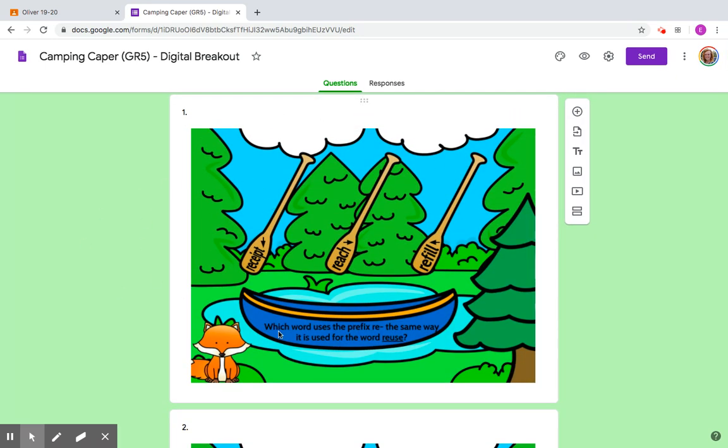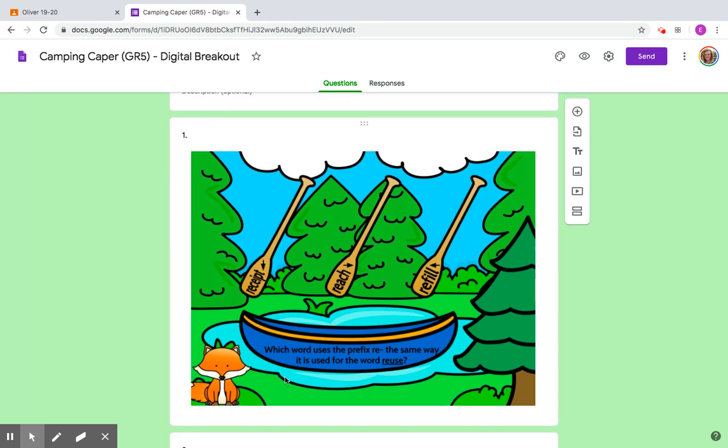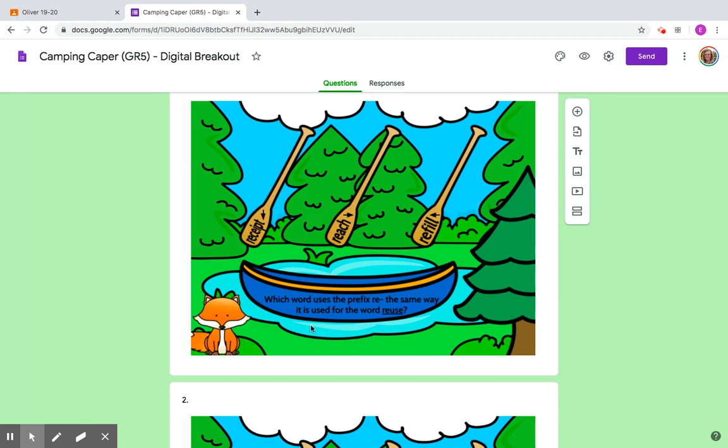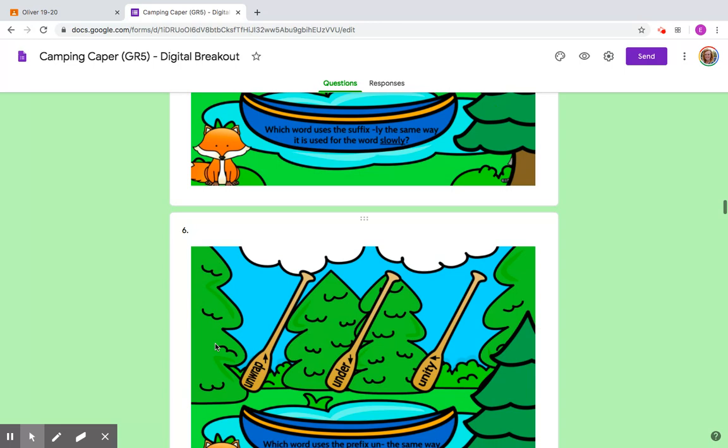All right. This next problem, you guys are choosing the correct word that matches the clue. So which word uses the prefix re, the same way it is used for the word reuse? So think, what does reuse mean? What does the re mean in that? Is it the same as receipt, like a check receipt? Reach, as in to grab something? Or refill, as in to fill something up again? You have a few of those, and you're going to enter